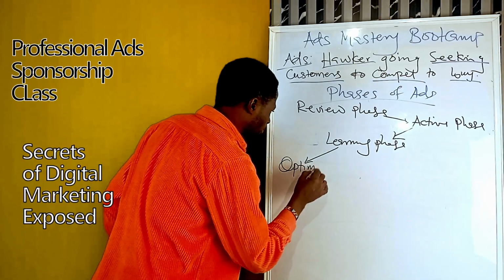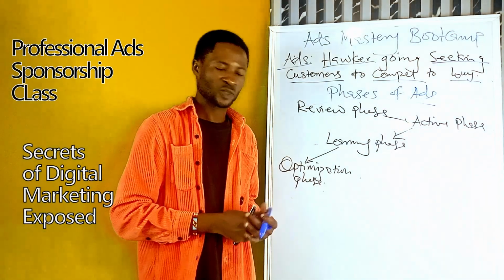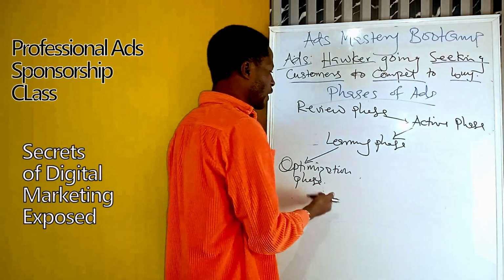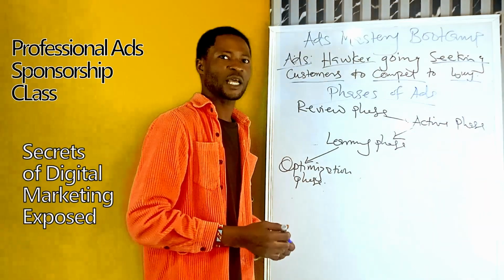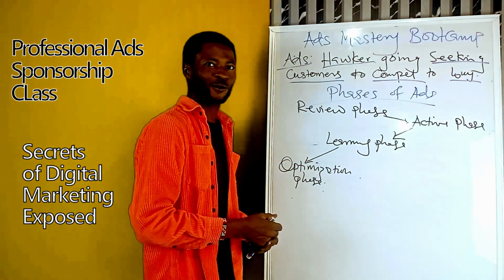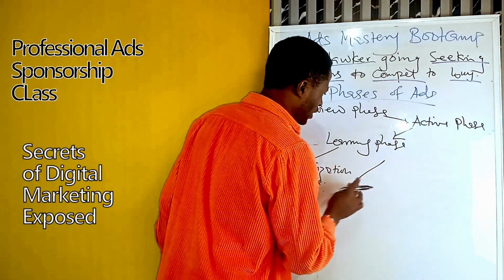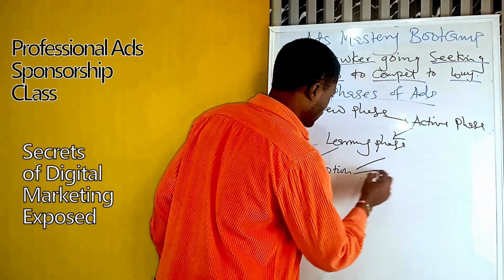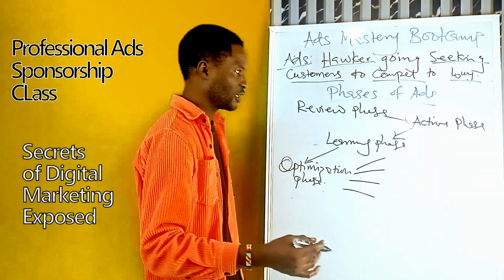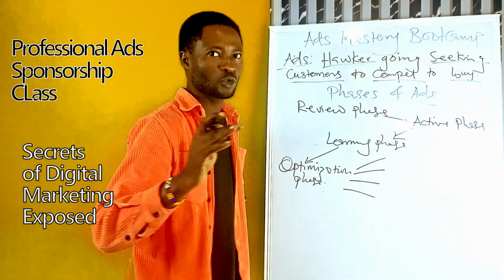By the time they discover who your ad is meant for, you get to a point they call the optimization phase. The optimization phase is supposed to be the phase where you begin to have conversion. Because this is the point where the algorithm understands, okay, these are your potential customers. And then they bring your content before your potential customers. And then what happens? All the work you did at the beginning, that we discussed earlier, talking about the three steps of running ads, some of those things begin to play out, and some other things that you're supposed to do later.